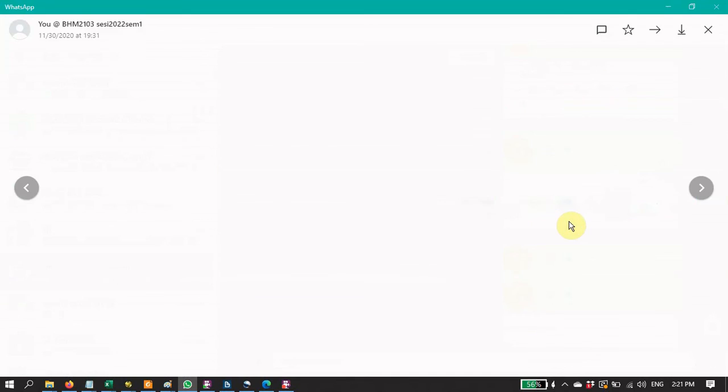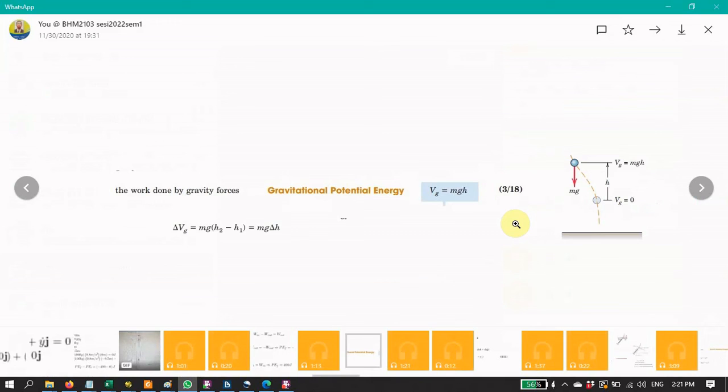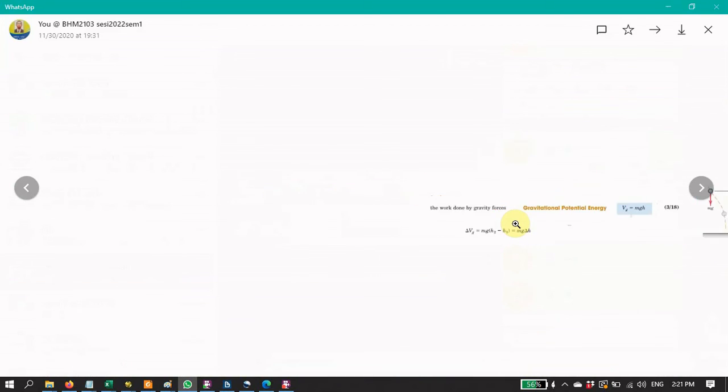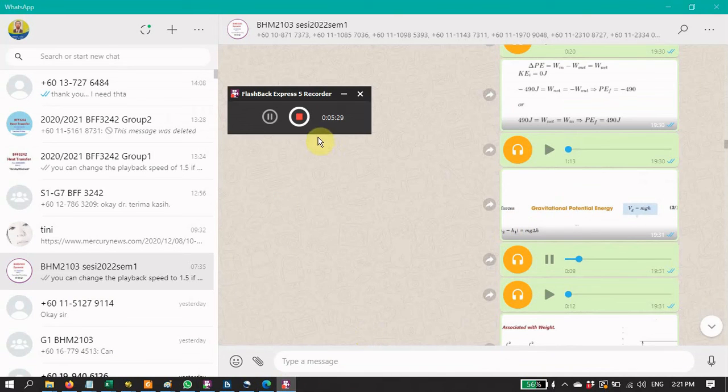Now we look at what has been written in the book, right? So in dynamics, when we study the kinematics of the motion,